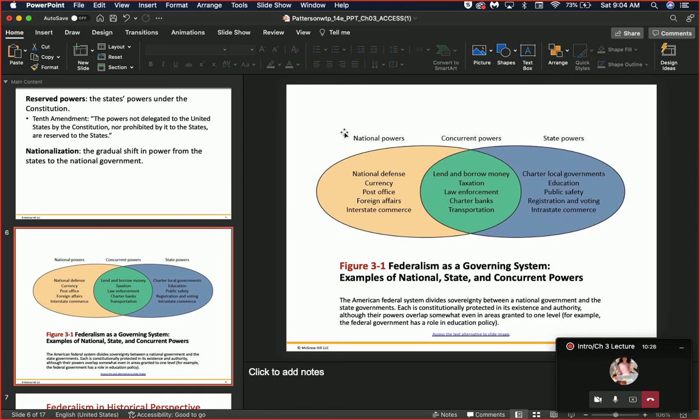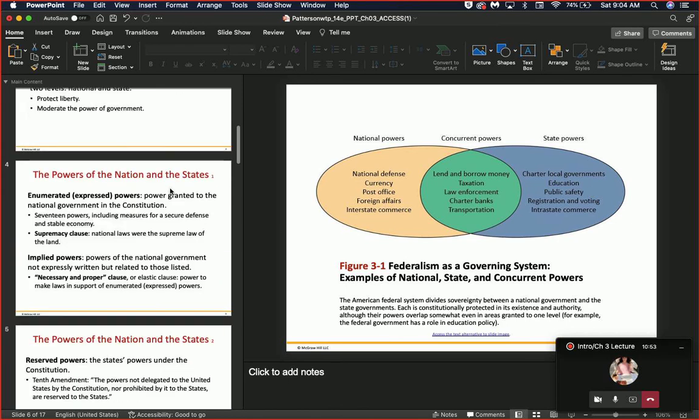You see we have specified national powers and we have specified state powers. We also have what's known as concurrent. Basically, all that means is shared powers. We'll go into this chart in a little more detail in just a minute, but this idea of federalism is shared powers and specified powers between the national and the state level governments.